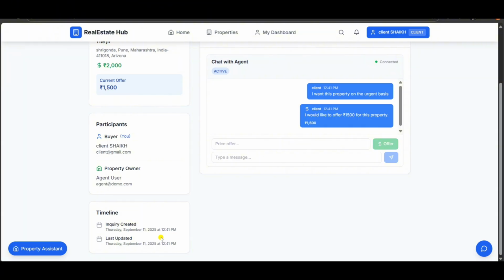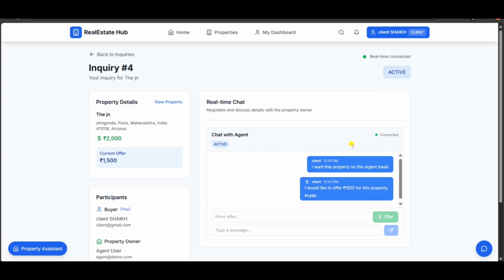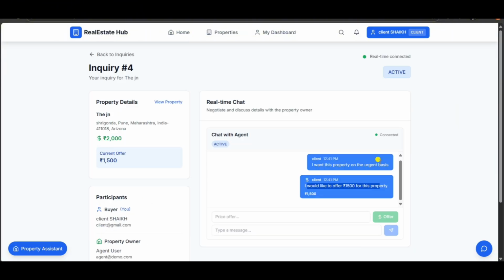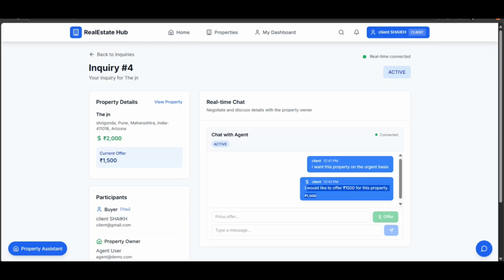We can see the timeline and the date and time when this chat window was created, and how it is going on, all the details we can see here. It is implemented using WebSocket, guys. WebSocket is the technology for real time chat. Okay, for the real time chat application, I have integrated this for the communication between the client and